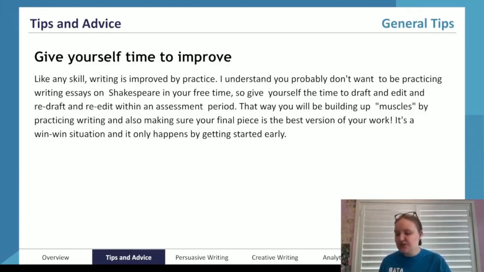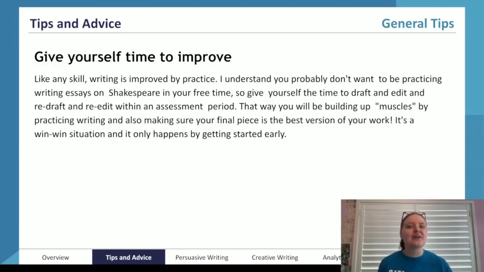My next tip is to give yourself time to improve. A lot of students feel as if maybe English is not quite as pressing as subjects that have exams, and so they generally leave assignment writing a little bit later. But the problem with that is that you don't actually have a lot of time to edit and rewrite your work.